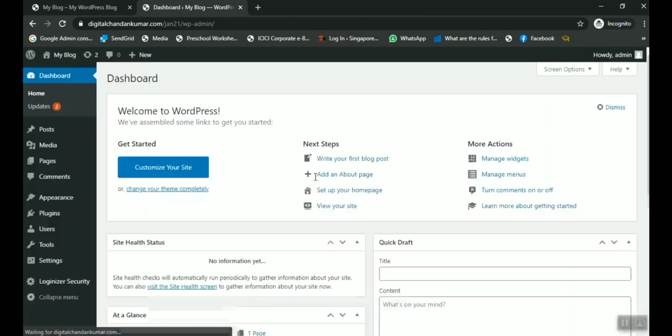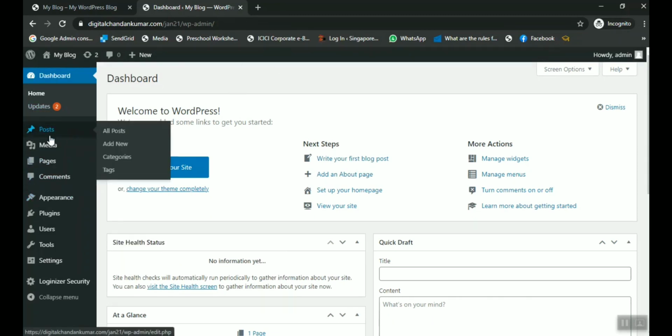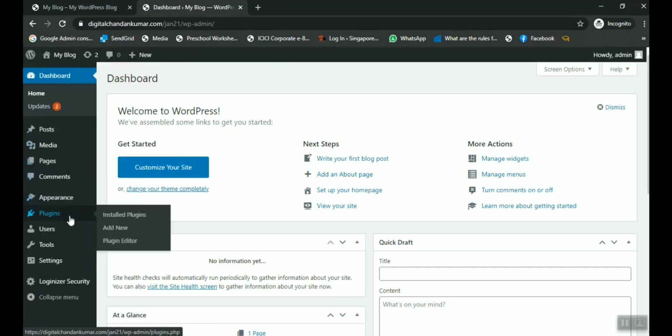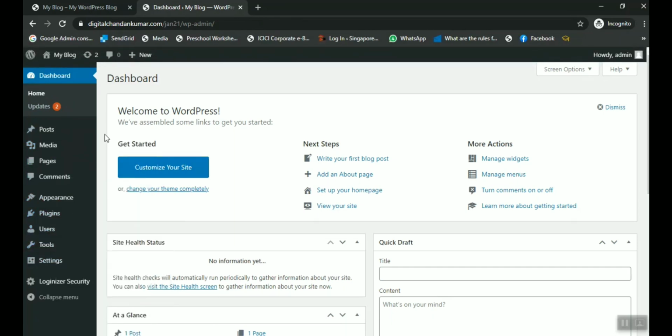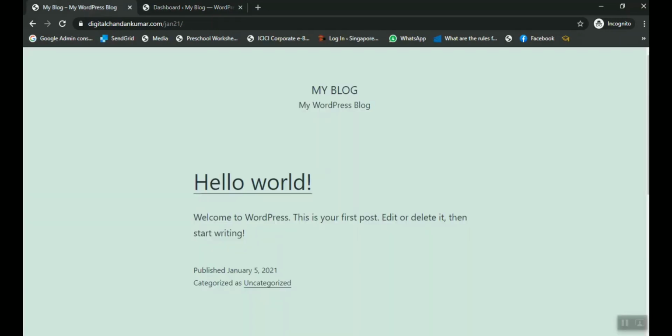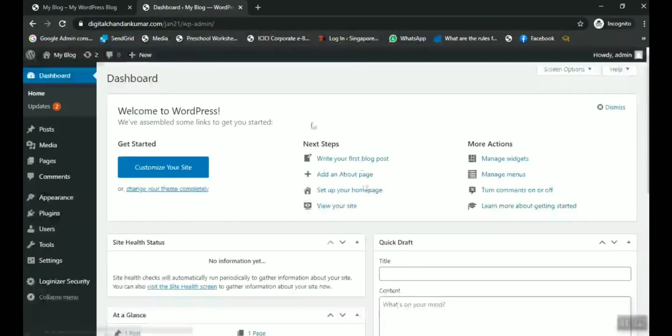Simply we will go inside the domain, and we can see the domain is active now, and the admin panel is also working here. Now we can see the menus and buttons. Here it is showing Posts, Media, Pages, Comments, Appearance, Plugins, Users, Tools, Settings. Whenever we use any of the buttons on the left side, we will read and study those menus more and more. We can also see the default page of WordPress is visible, and this is the admin panel where we can manage the pages and menus.